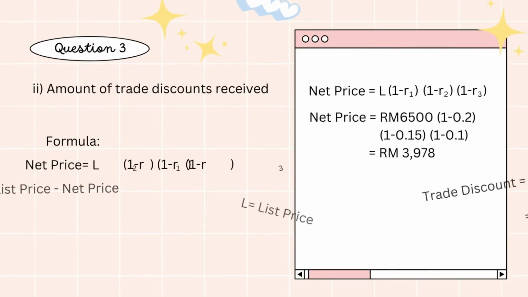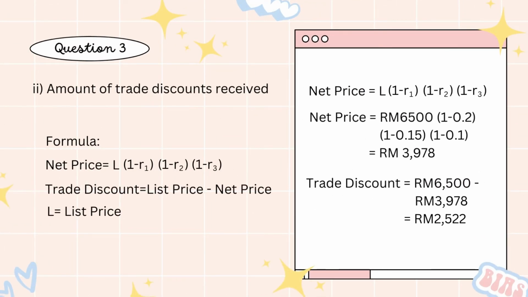Next, the amount of trade discount received. The formula for trade discount is list price minus net price. Since this question did not give us the net price, we need to find it first by using the formula, and we can get the net price, which is 3,978 ringgit. After getting the net price, we can simply use the trade discount formula, list price minus net price, to get the answer, which is